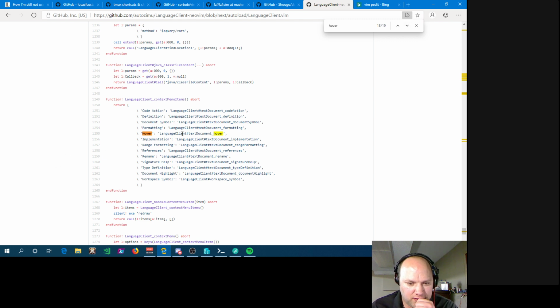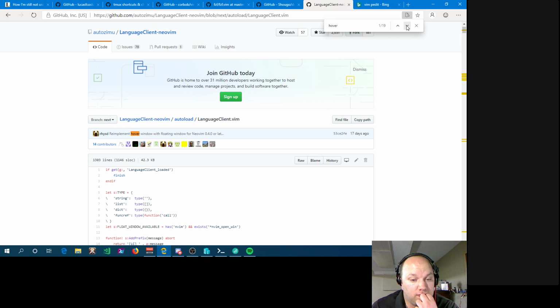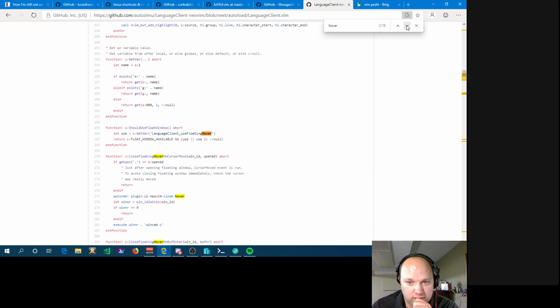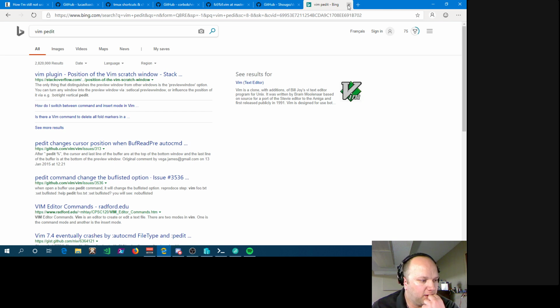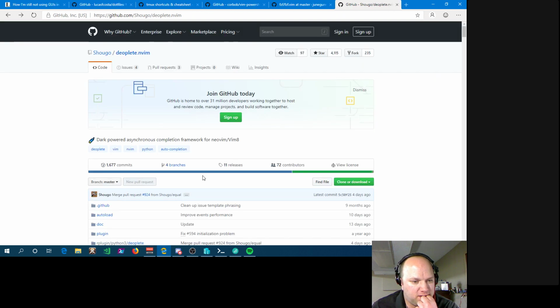Context menu items. Interesting. Okay, so